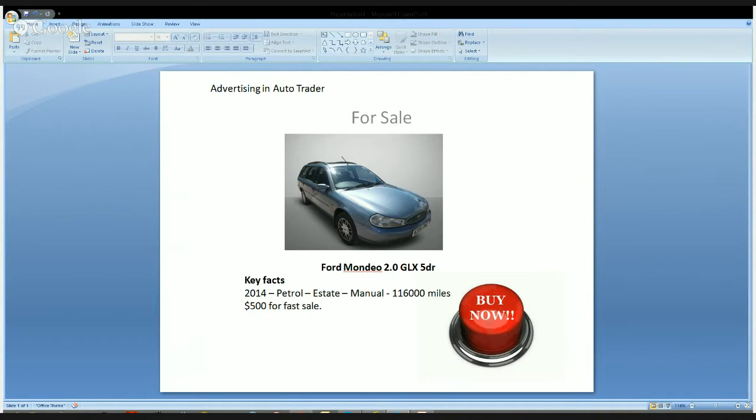Perhaps the mileage is too high. Let's get rid of some of the miles. There we go. That's a good deal now, surely. It's only done just over 1,000 miles. 6 months old. $500. Wow. Click the buy now button.